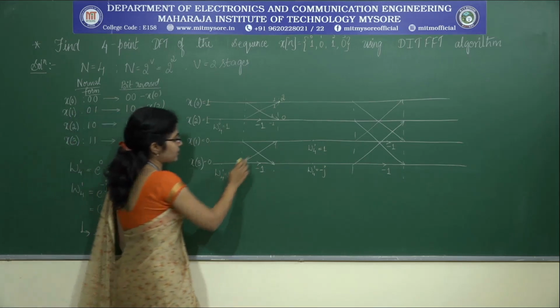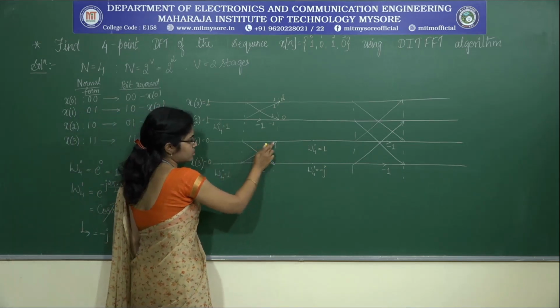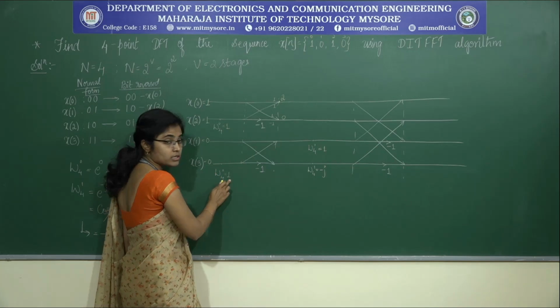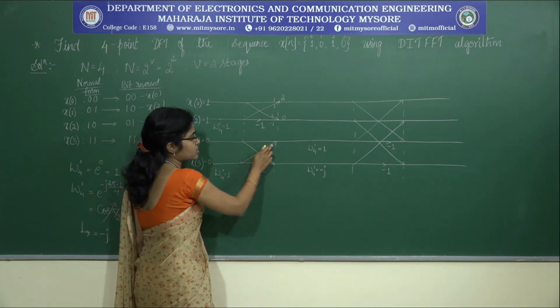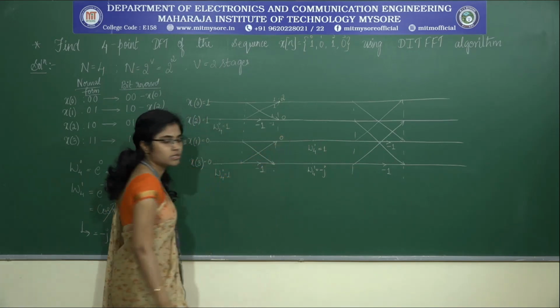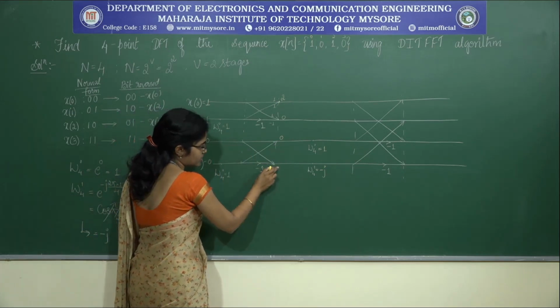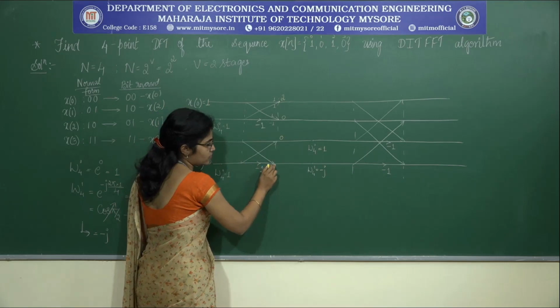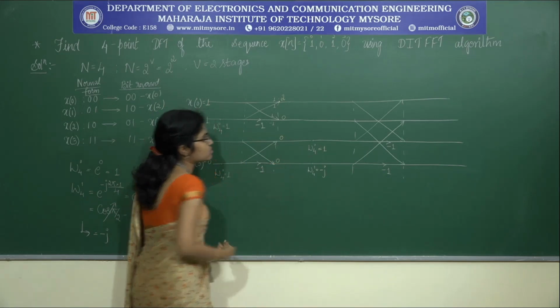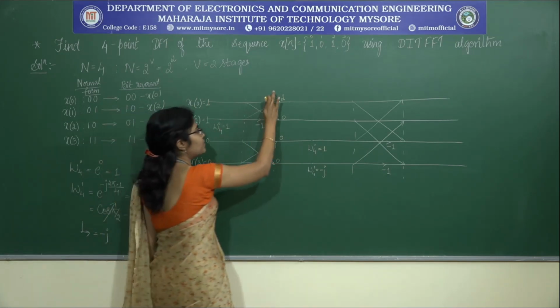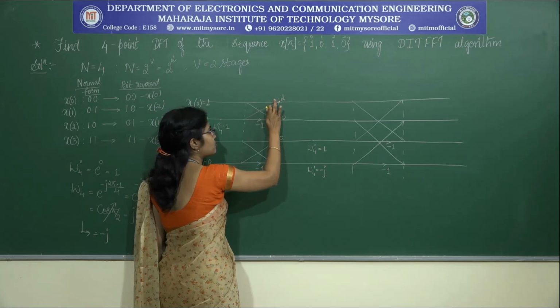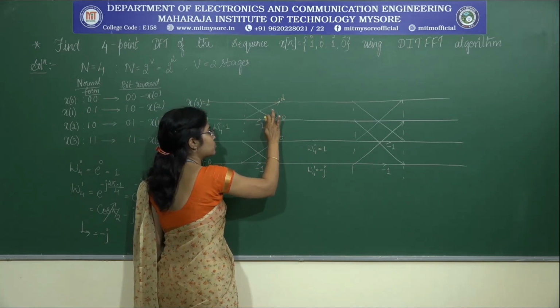Okay. So now again coming to this point, here the signal is 0. 0 into 1 is 0. And again this branch is also giving 0. So here it is 0. So coming to this point, this branch is giving us 0. This branch is also giving us 0. Adding 0 gives us 0 only. So this completes the first stage of the butterfly structure. Hope it is clear how to do.